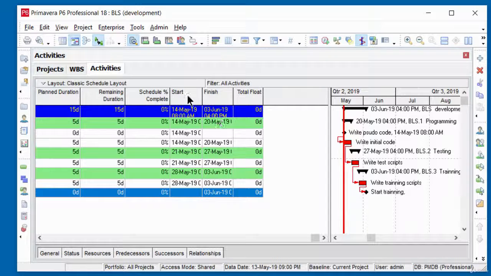You can see that start 14th of May and finish 3rd of June. You can also see that in the Gantt chart area, the relationship lines basically also reflect the start and finish of the project. That's it for this video on